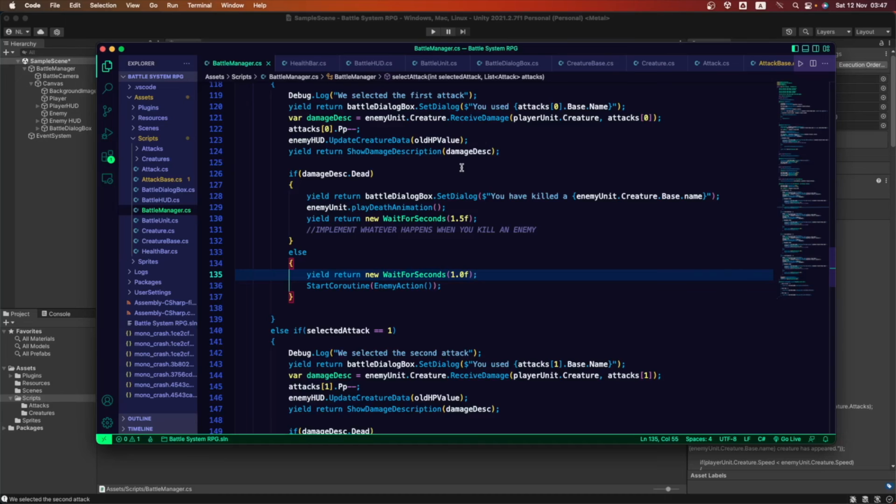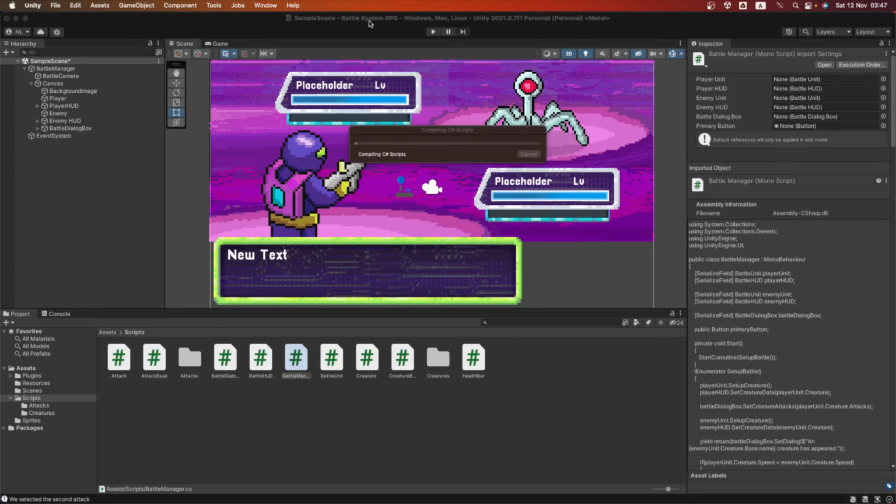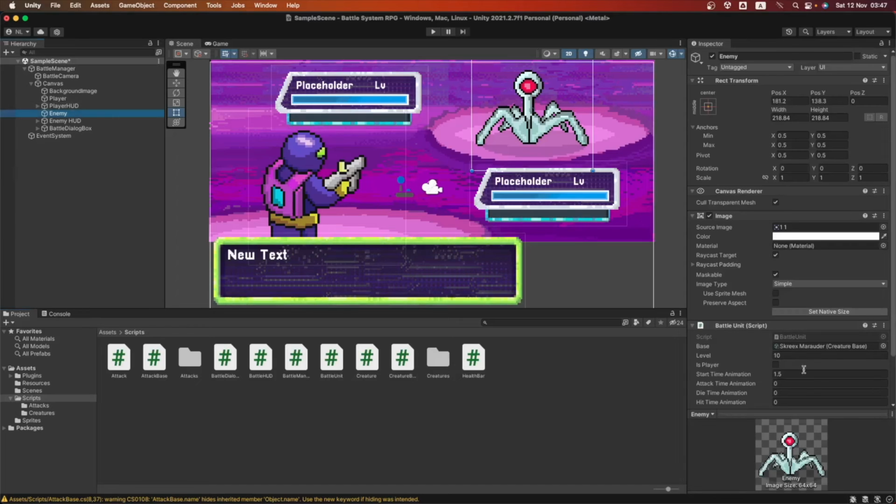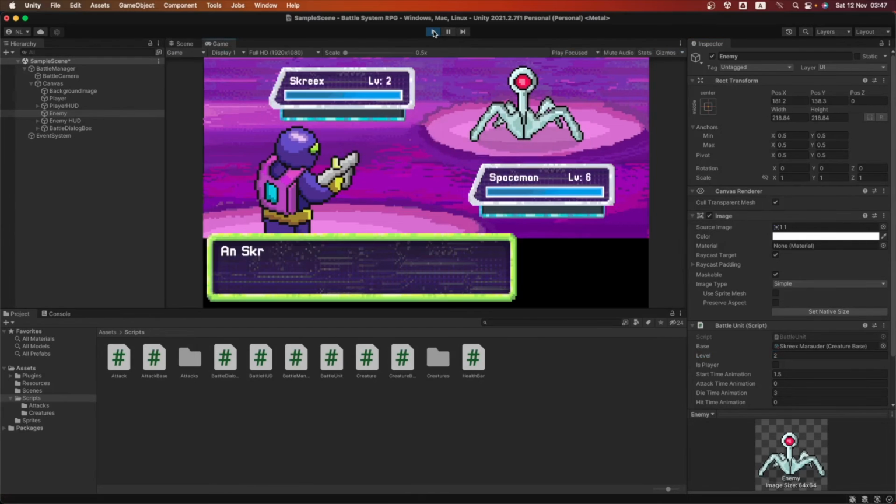Okay, so now we fixed the death animation of whichever of these 2 creatures dies. We can set that animation. Let's fix the one for the enemy die time animation. Let's set it to 3 seconds. Okay, so it's gonna go fading for 3 seconds. So let's change our enemy level to 2. We're gonna set it to 2 so we can attack first. Okay, so let's press play to see if this is working.